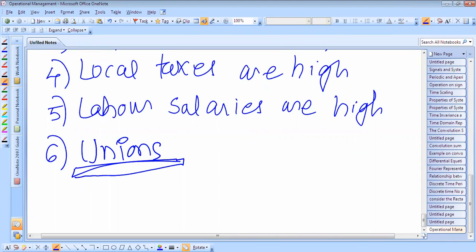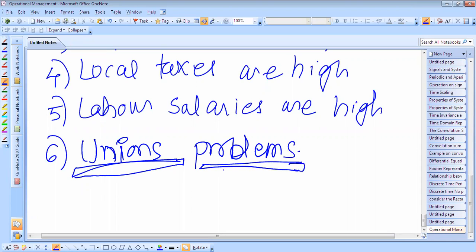Therefore these union problems are there, and that may also be an advantage, as the awareness is more in the city as far as the industry laws and labor laws are concerned, and therefore unions always check whether the industries are following the